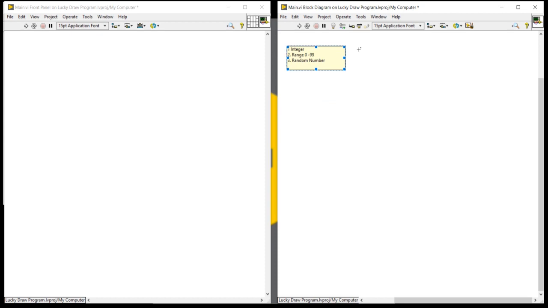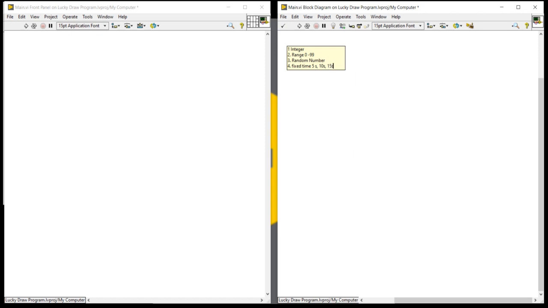And the fourth scenario, our lucky draw system will run for a fixed time. Just suppose 5 seconds, 10 seconds, 15 seconds.